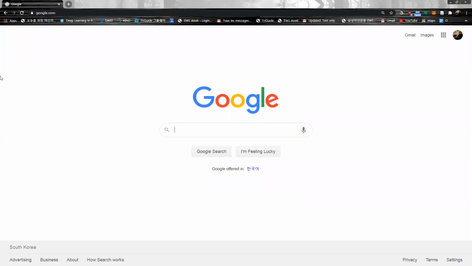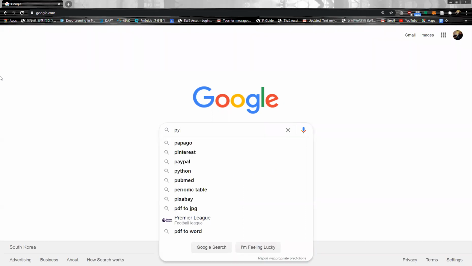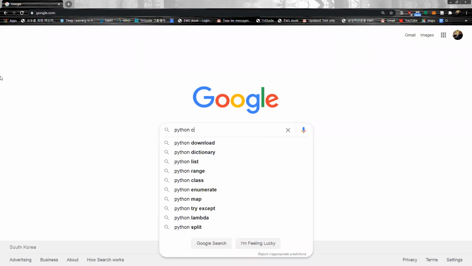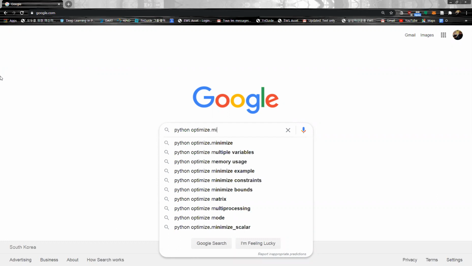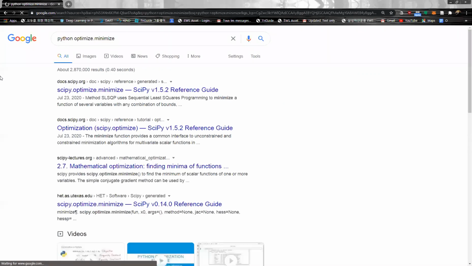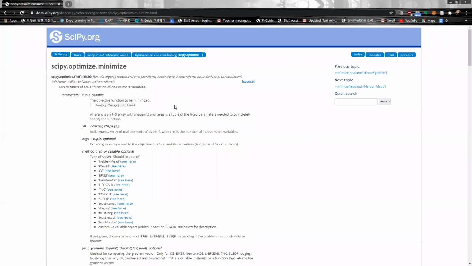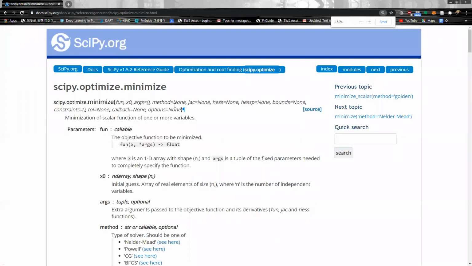Let's discuss Python optimization. So at Google, we can search Python optimize.minimize. Then we have the SciPy reference guide. Okay, let's magnify. So this is basically